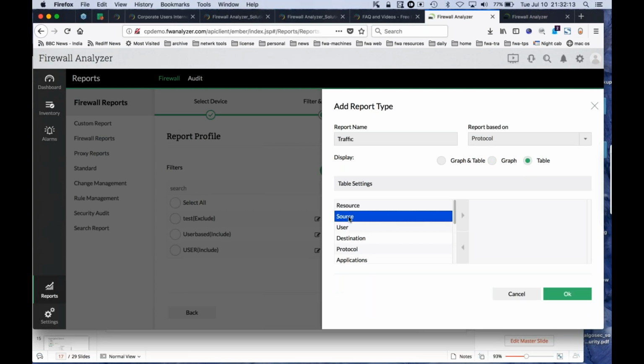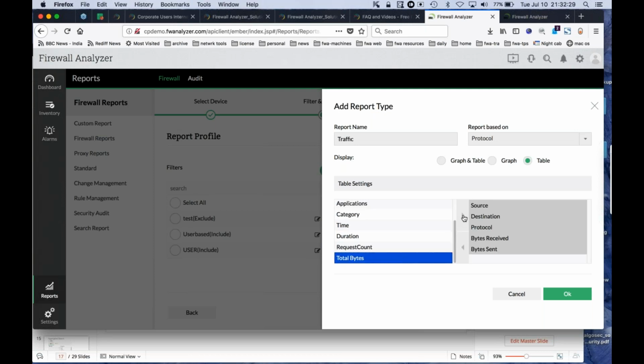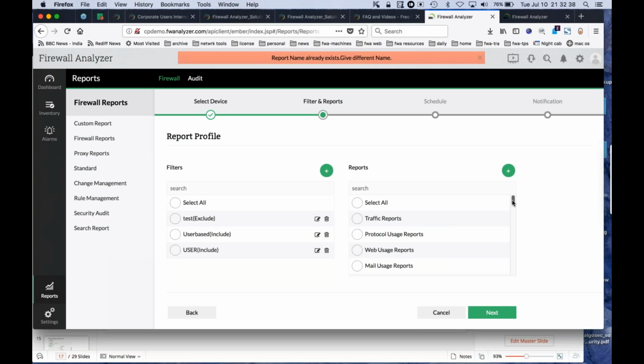So I can select what all the columns I want. I want source, I want destination, I want protocol, byte in, byte out, and total byte. So I select my columns that I want to show in my report and click on OK. After clicking on OK, it will give you an option to schedule this. After clicking on OK, this will list in this particular list of report, like the one that traffic we created